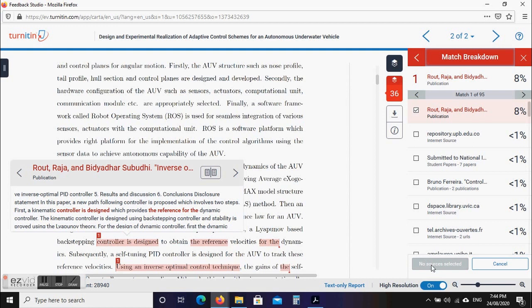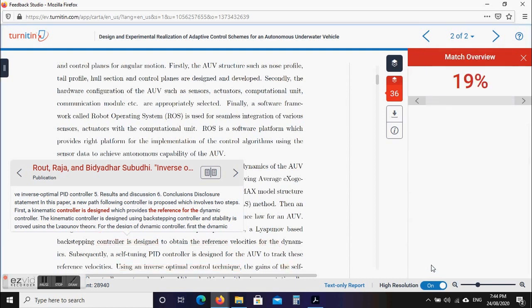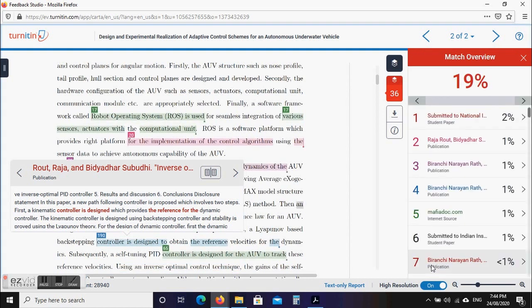So we can exclude that resource also. Now it became 19%. So as and when you exclude a resource, your Turnitin similarity index will be reduced.